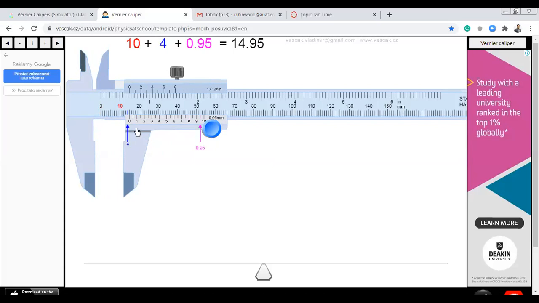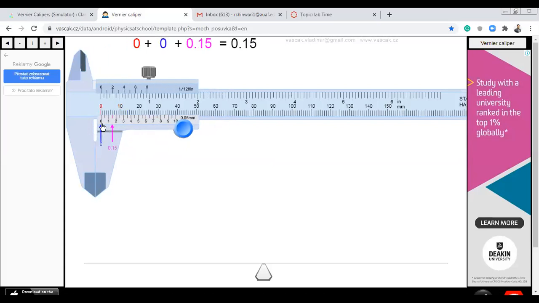You can see both zeros, 0 from vernier scale and 0 from main scale. If both are close to each other, for example parallel, correct? If not parallel, there are errors like positive error, negative error. You can see from this one, the both are not parallel. Can you see? There is 0.0 millimeter error because this 0 is somewhat on the right side of main scale 0.